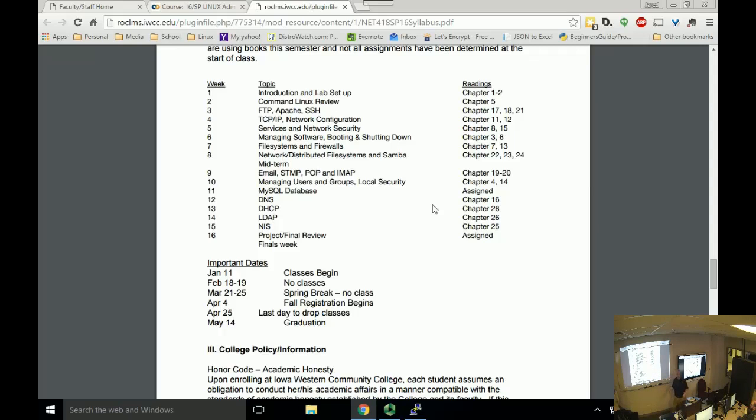Going to set up some email servers. You can have your own email address that you can set up. We're going to review managing users and groups. Going to set up a database, a MySQL database. Then we're going to do DNS,